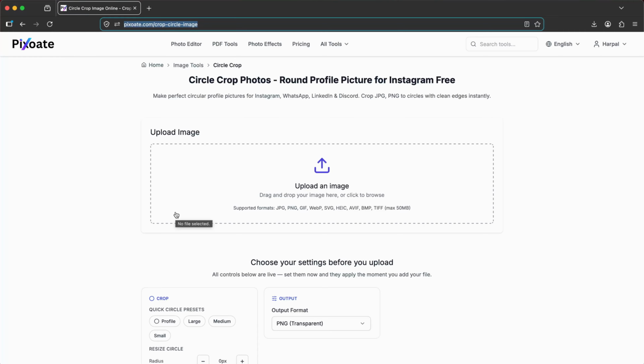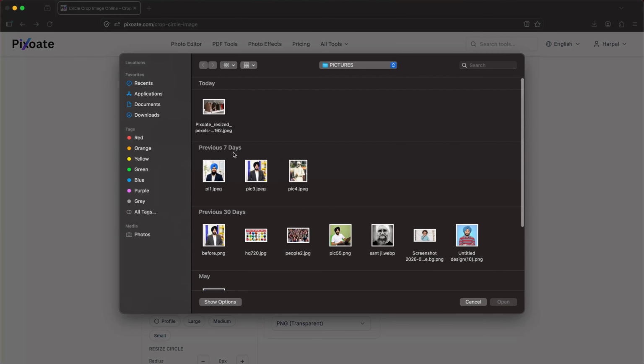Hi everyone. So today we will be learning how to circle crop photos for Instagram or any social media or wherever you want. So it is fairly simple. You have to go to pixoate.com, circle images, and then you have to select the image you want to do